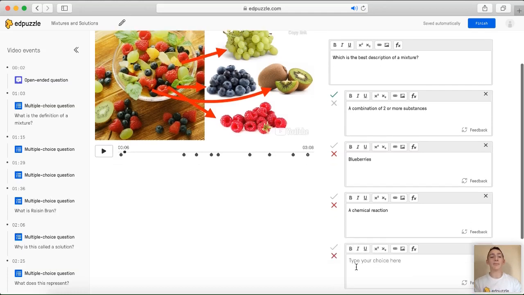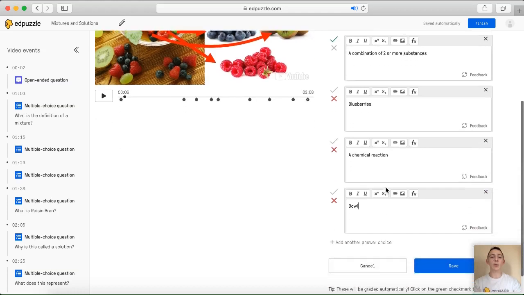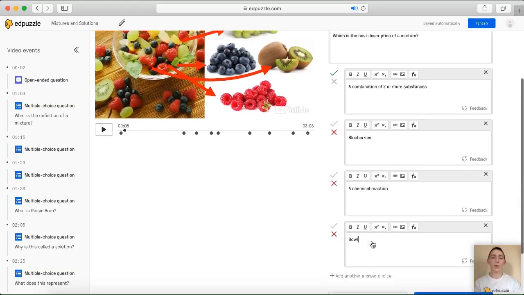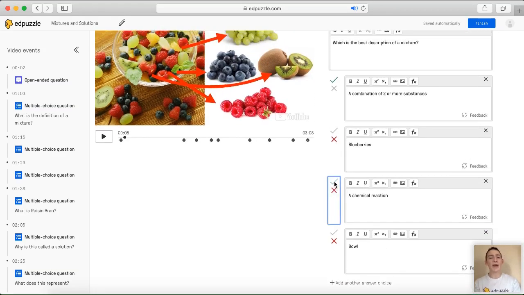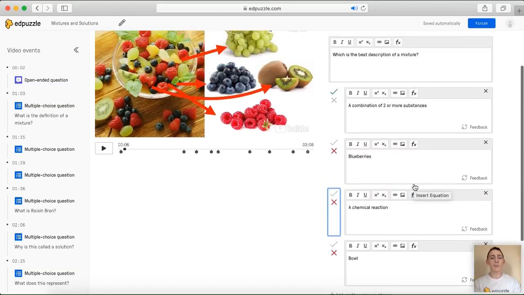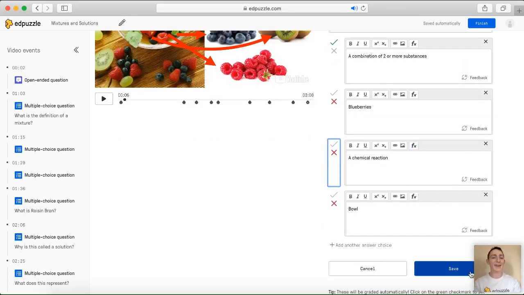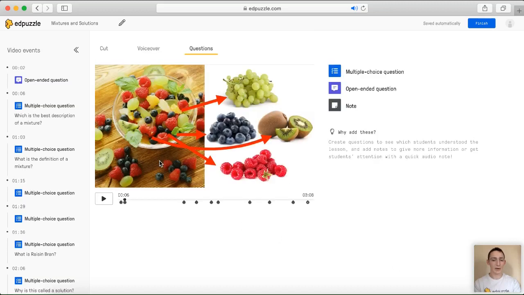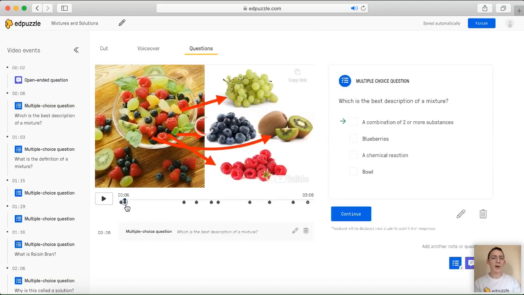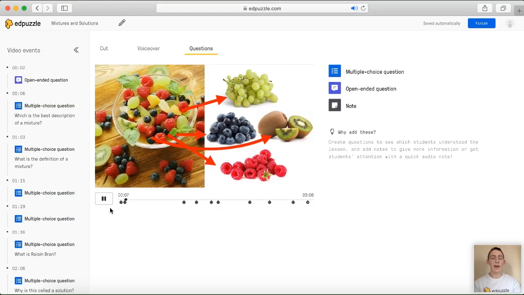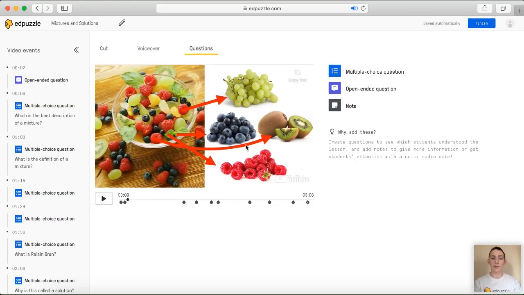You can add as many answer choices as you'd like. You can set which of those answer choices are correct or incorrect. You can add photos. You can add math equations, whatever you want. Then when you're done, just come down to the very bottom of the question and click Save. Alrighty. And so now that question's embedded, and we'll take a look at the last question type you can add,